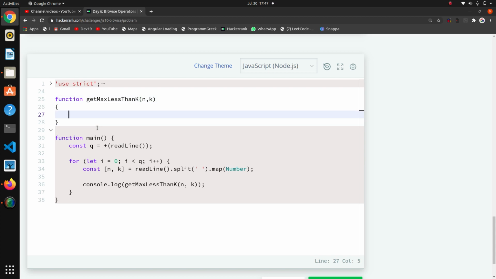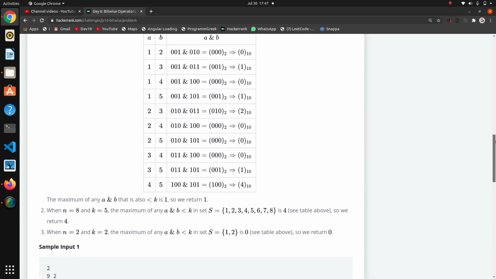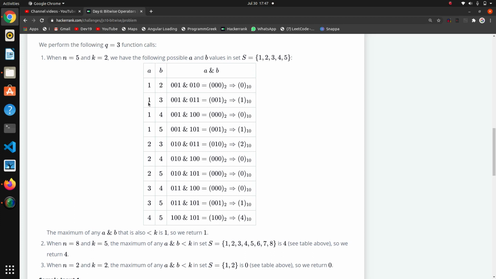Now we have to find these groups like 1 2, 1 3, 1 4. For 1 there are 2 3 4 5, meaning 1 up to that number itself.